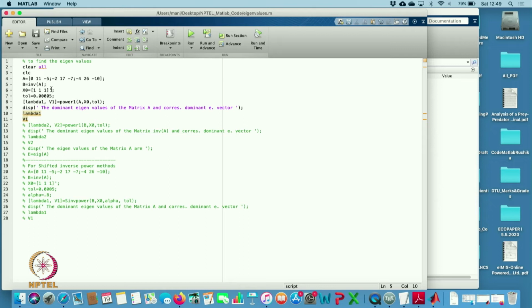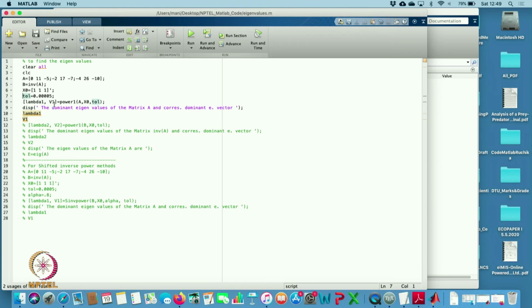Now, what do I do? I will apply this matrix. This is my initial approximation. I am finding the initial approximation of the eigenvectors. I start with 1 1 1. In this case you can see that the largest value is 1, so it is in normalized form, no problem. The tolerance I am giving is half into 10 raised to power minus 5. So, this is my tolerance.